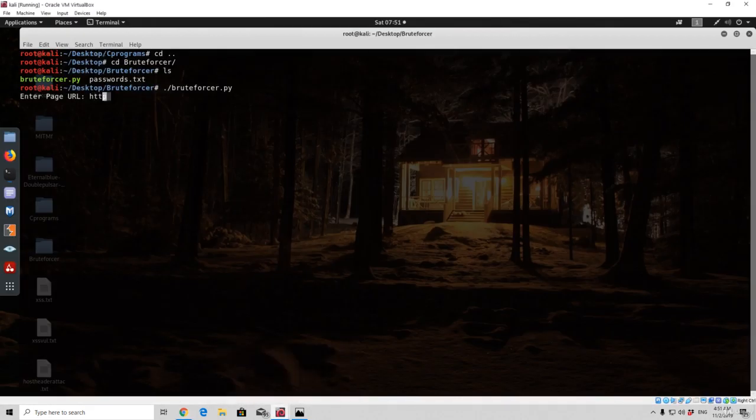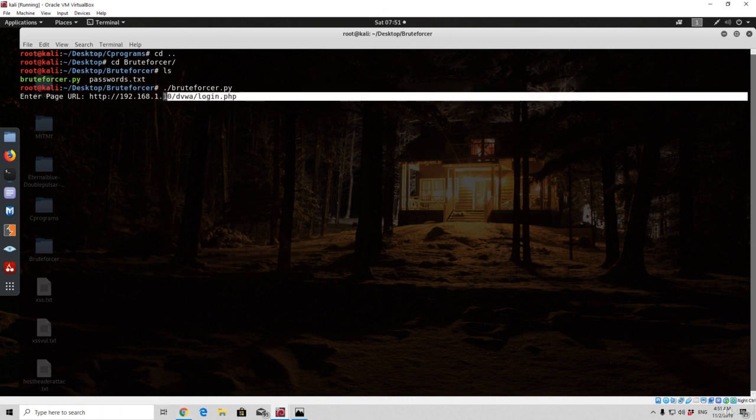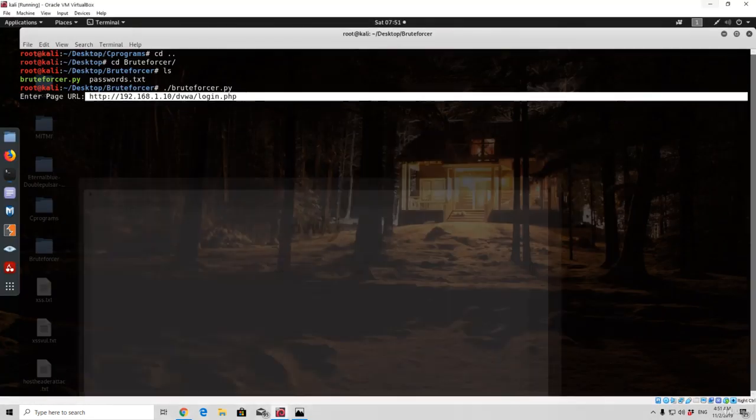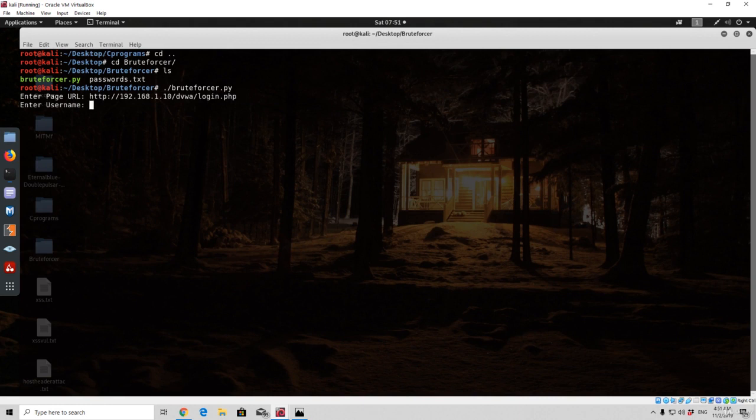So before we input the URL, we need to add http:// and then the IP address of our actual login page, then the directory, which is dvwa, and then the actual path. So we will double check whether this is the path to our page, and it indeed is. Once we are sure that it is the path to our page, we press enter. It will ask us for the username, so this program actually wants you to know the username to the login form. It will only brute force the passwords. So once you specify the username right here,